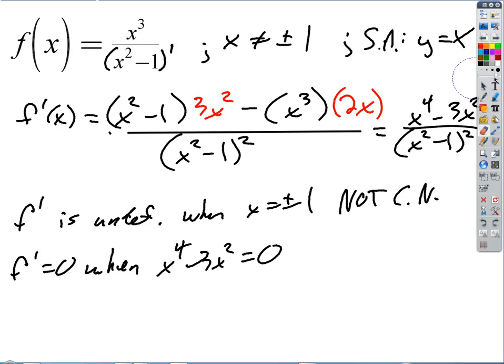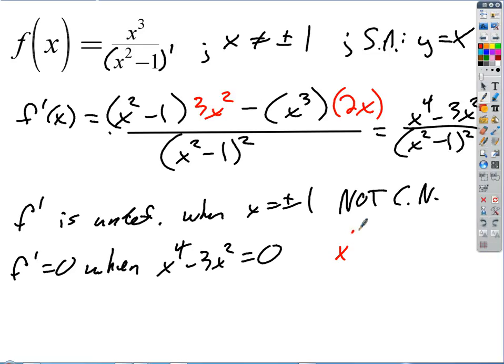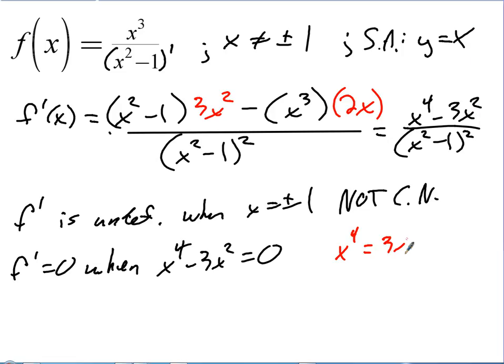Good. Okay, and that's another thing I want to just reinforce here. Sometimes people are tempted to solve this in this way, but this would be a mistake. This is not okay. If I were to add 3x squared to the other side, so I get x to the fourth equals 3x squared, and then people are tempted to cancel an x squared. Right? If I divided both sides by x squared, I'd end up getting x squared equals 3.